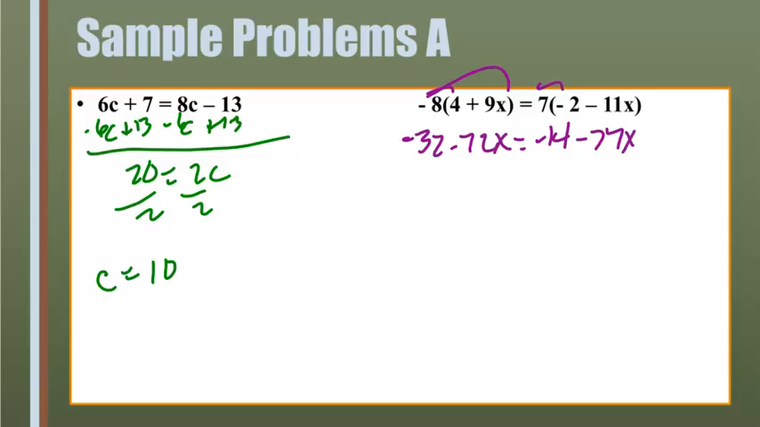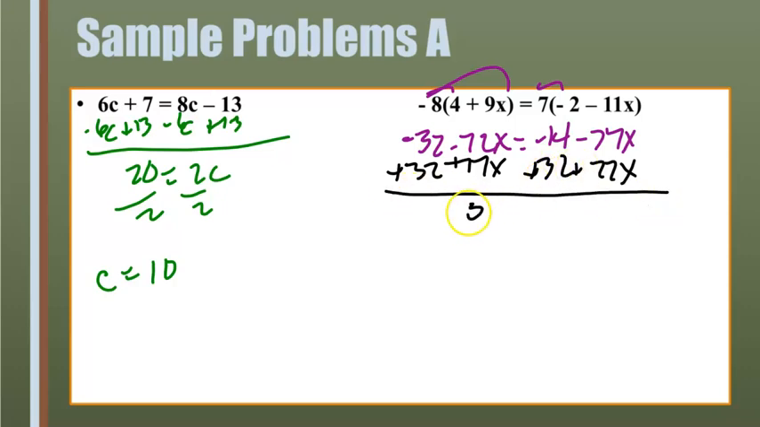We need all the x's on one side, so I'm going to bring my x's to the left. That means I'm going to add 77x to both sides, and I'm going to add 32 to both sides. And that gives me 5x equaling 18. To get x by itself, I divide by 5, and x is going to equal